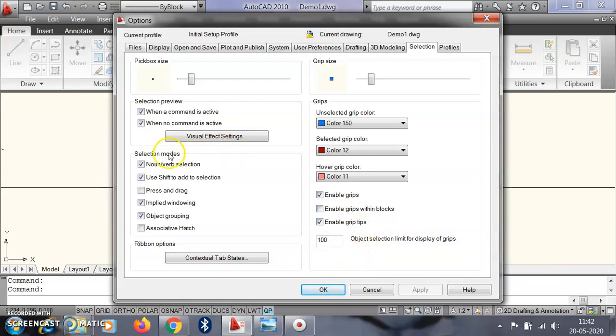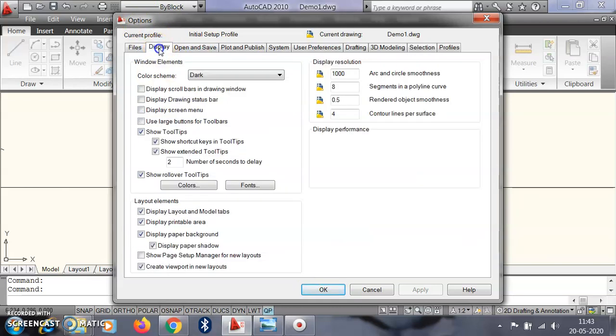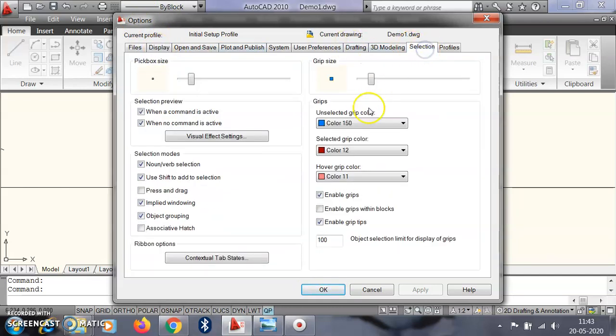Don't disturb all these settings here. Only you can change the display setting and the pick box size setting from these points. And suppose you want to learn again some things from here, you can do it obviously.